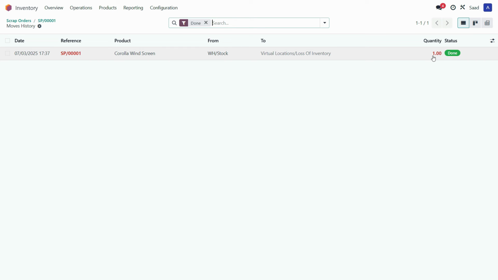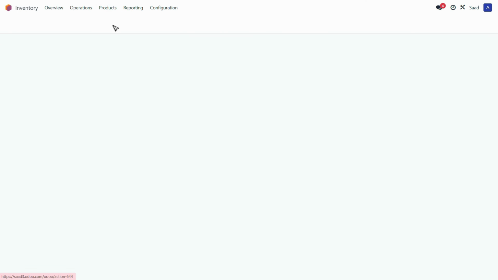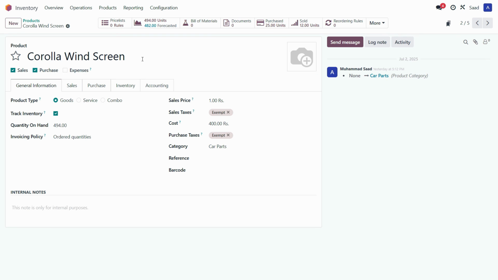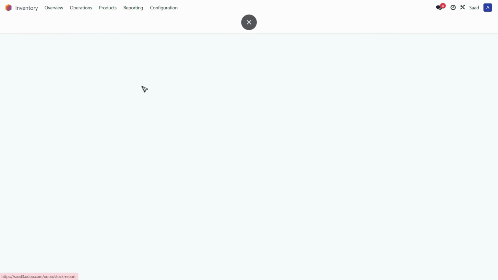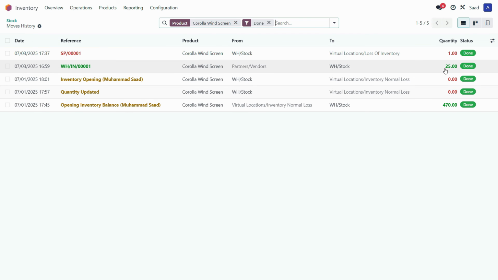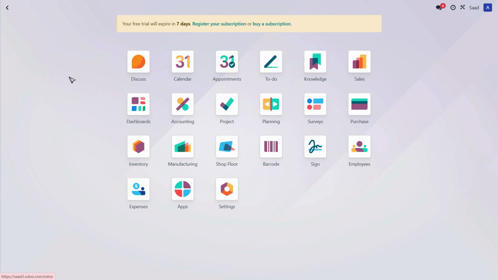The quantity will be deducted from the overall stock and you can check the products here as well. Just go to the products and click on products. And if we click here, okay, we don't see it here, but what we can do is just go to the reporting and click on stock. And you can check the individual quantity by just checking the history. Click on history and here you have this all added and all deducted from your main location. Okay, after that, just go back